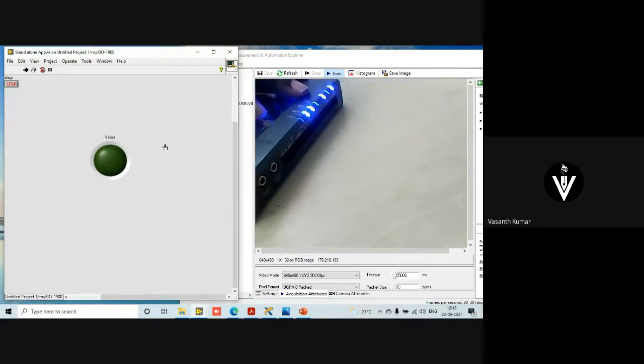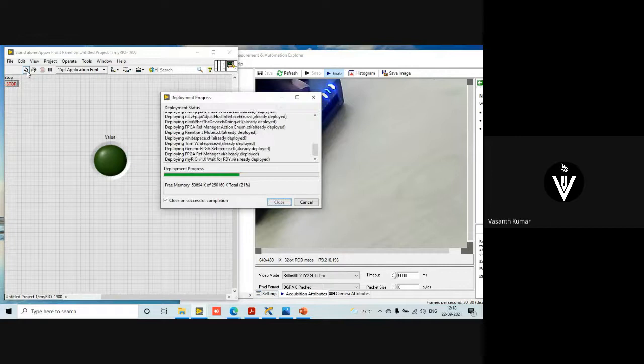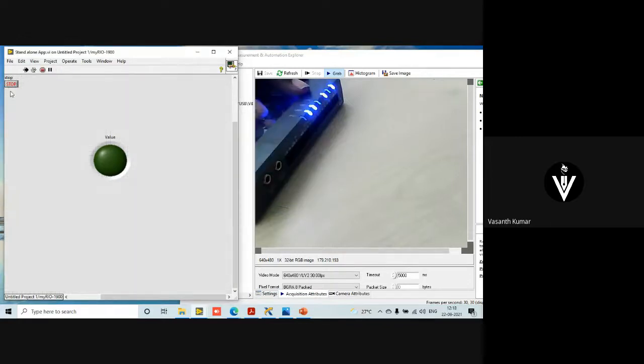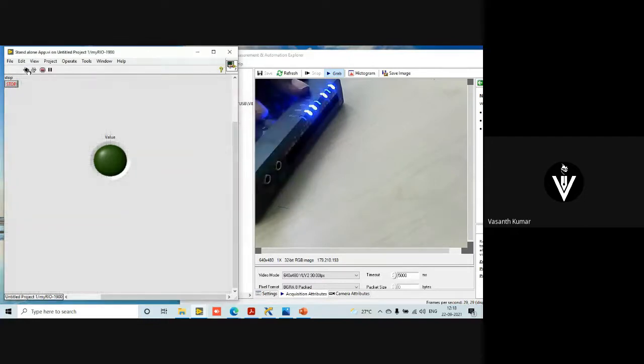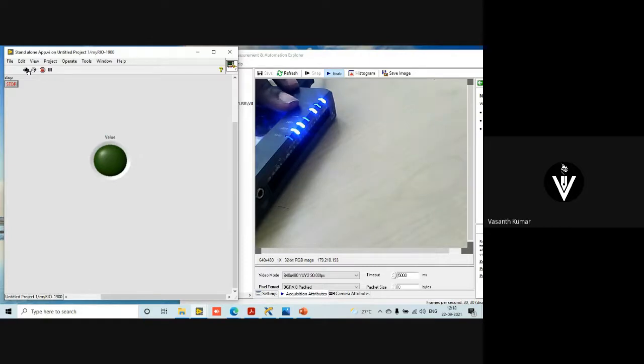All right. Yes. So now this code, basically, if you see, when I stop it and even run it again, you'll see that it is deploying. I'll stop it. And once again, I run it. You can see it says it's deploying. Okay, a window pops up and it says the deployment progress window. So it says how much percent of the data is being deployed and everything is seen.